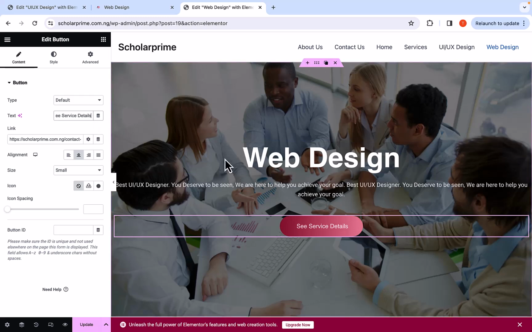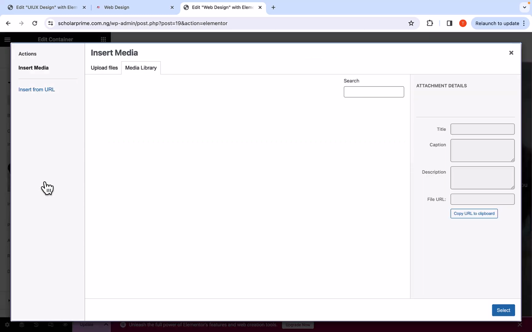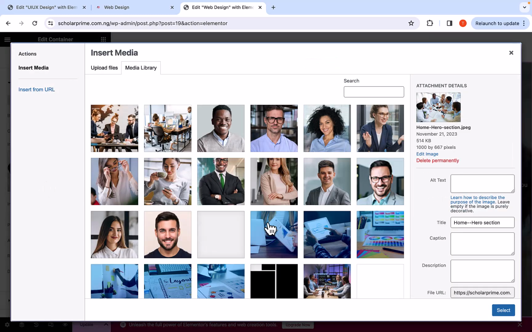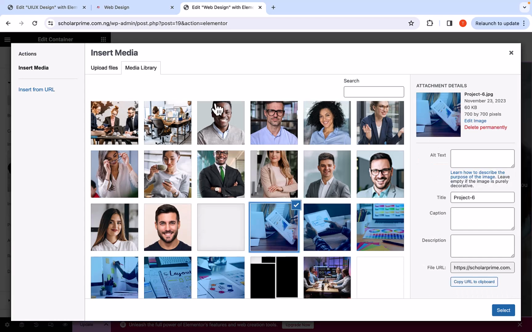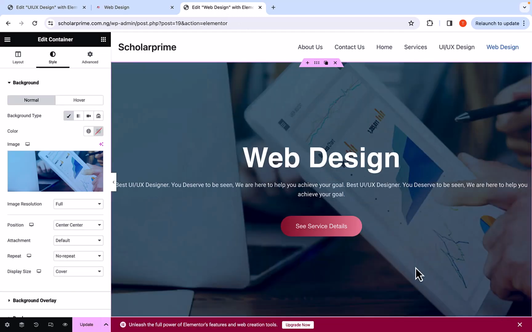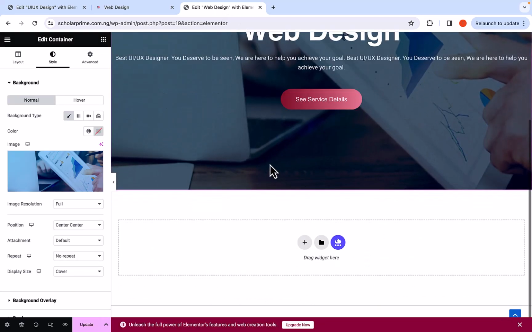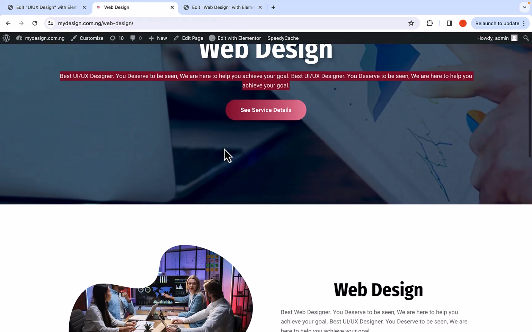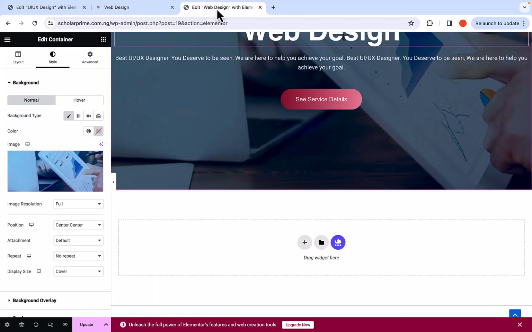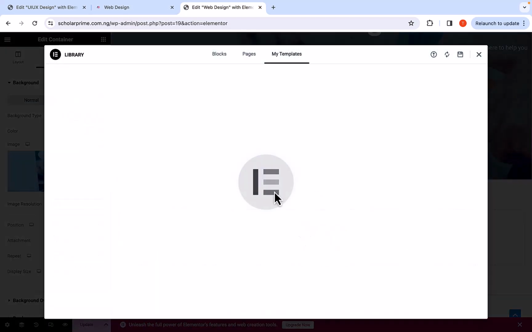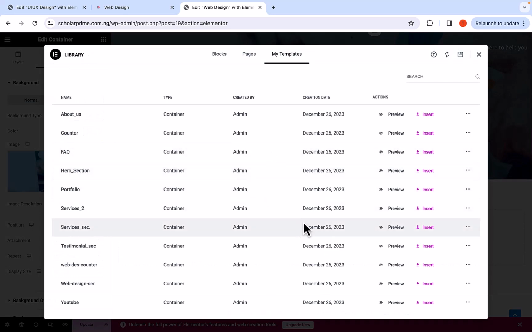Then I'm going to change this background image. I think this is what we have. Let's see what we have here. Alright, so I'm going to change it to this. Beautiful. So what we have next here is this section. So we will save this as template. So I will just come over here and then web design service. So I'm just going to insert